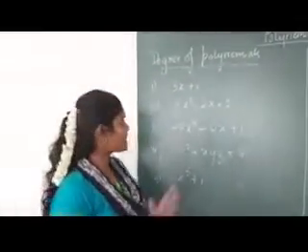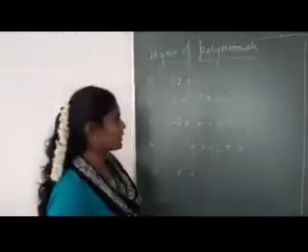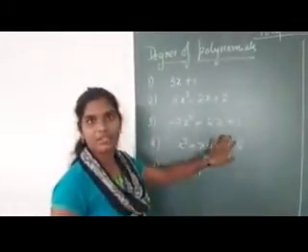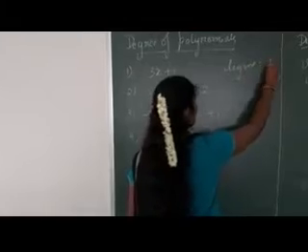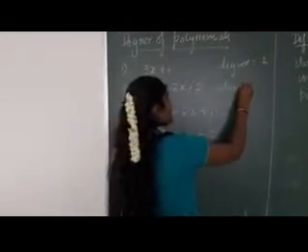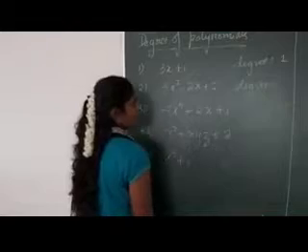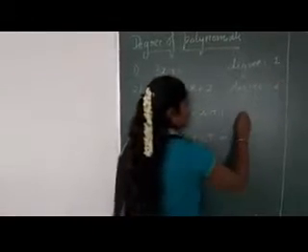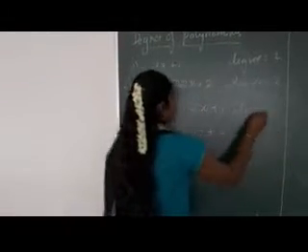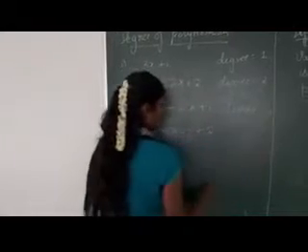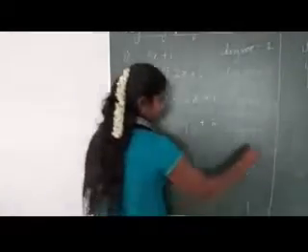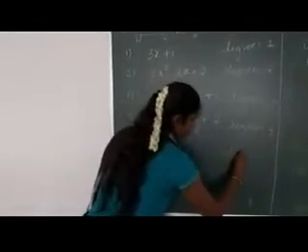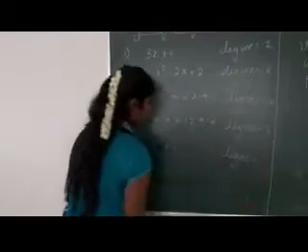Before going to that, I've given an example of polynomials, and I'm going to write a few things. You have to observe it very carefully. I write the degree of this as 1. Observe it and tell me why I'm writing degree as 1. For this I write 2. For this I write degree as 4. For this I write degree as 3. And for this I write degree as 5.